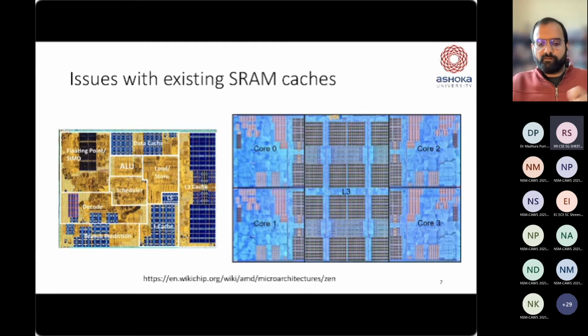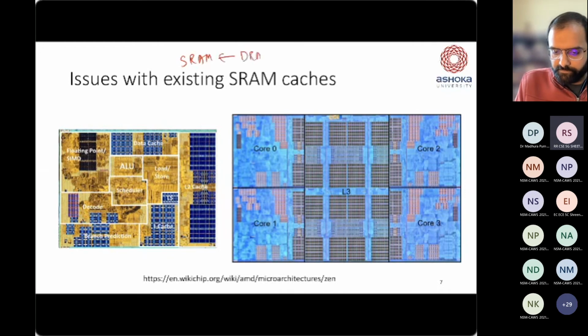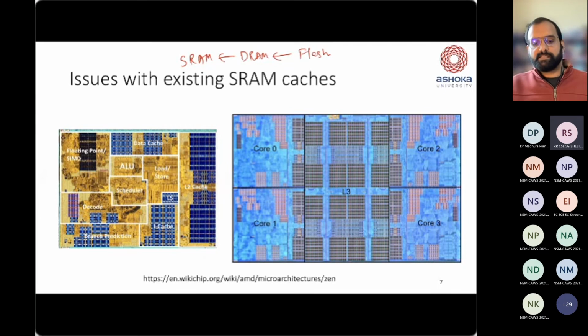And as you move from, so I'm just going to write this down over here, SRAM to DRAM to flash or something of that sort, as you go from right to left in this diagram over here, you experience much higher latencies, and where you ideally want to be is essentially at SRAM-like latencies, right? So again, lower latencies, higher energy, but then again, you want to make sure that you architect something